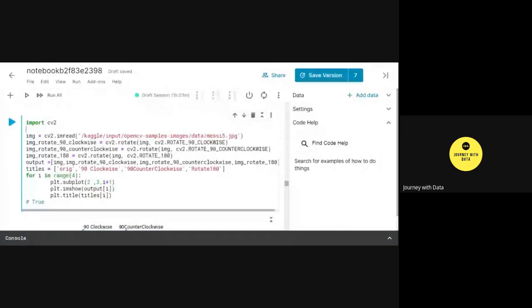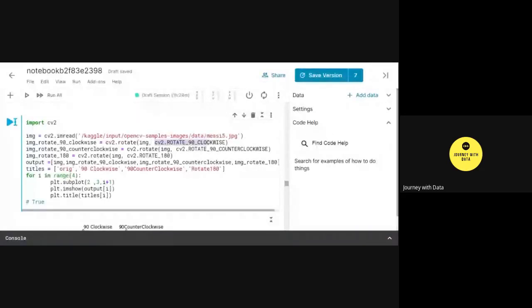Now you know that the image is being read, and now I am rotating the image. I am rotating the image 90 degrees clockwise, 90 degrees counterclockwise, and 180 degrees. So I'm rotating it across 3 different directions. To rotate an image, you need to use this method called cv2.rotate, and then your image name, and then utilize cv2.ROTATE_90_CLOCKWISE.